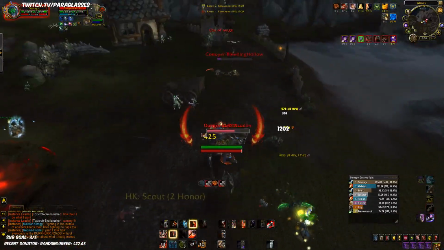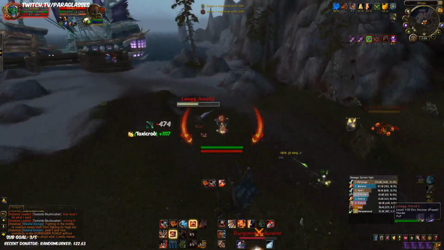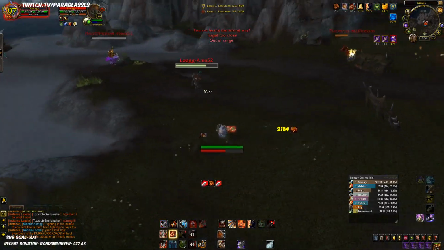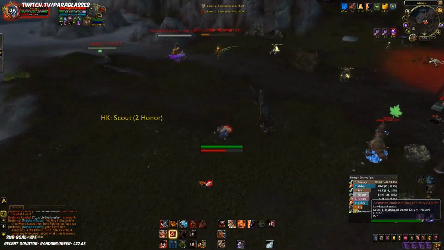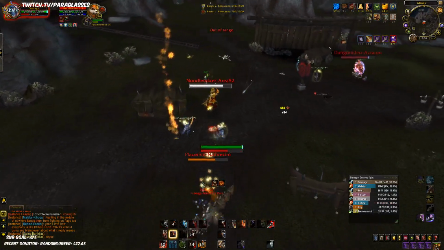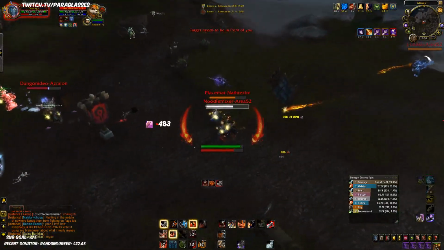I believe that's a Blood Death Knight, so I don't really want to hit him. I'm gonna go on the Hunter here. He's about done. I can get an Execute off, and whatever. Do we stick on that guy? Let's just go on the healer. So we're gonna Bloodthirst, Rampage, just for the